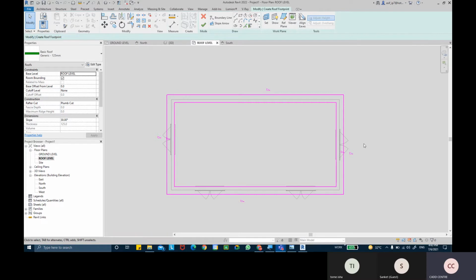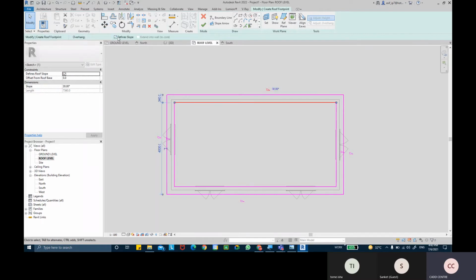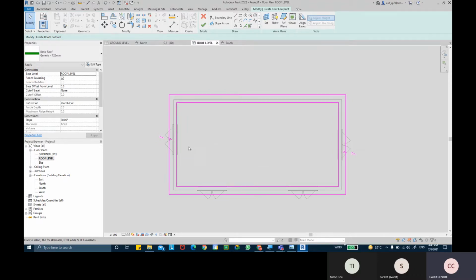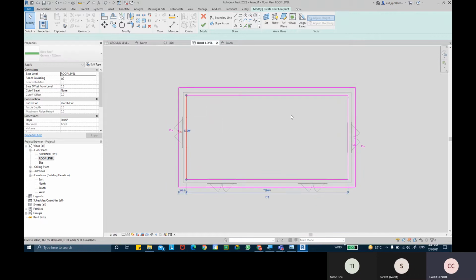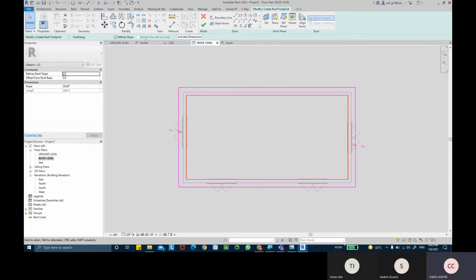So I just created double lines basically there, and I'm just gonna make sure that now I'm gonna undefine the slopes for these lines as well. Maybe you can undefine all the lines basically.